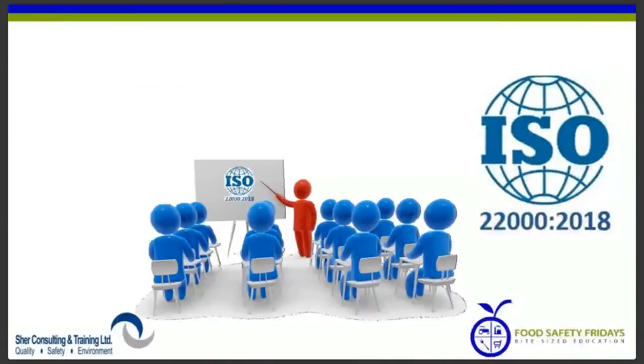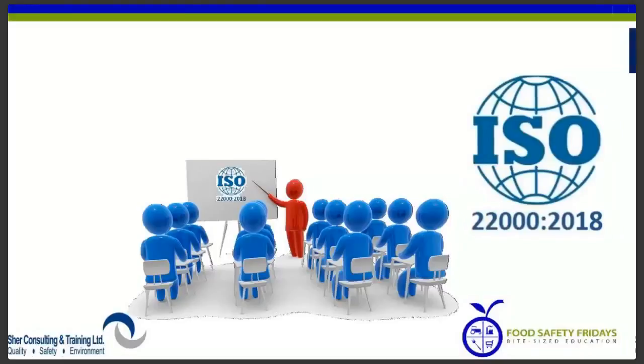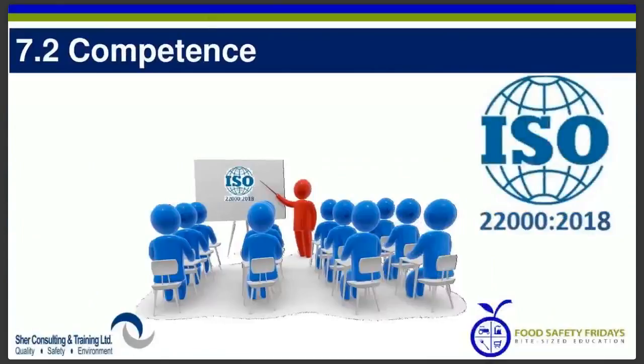Interestingly enough, if we look at the new ISO 22000 that was just released in June 2018, this new international standard for food safety management systems has been revised from its 2005 edition, and it has now been aligned with the new ISO 9001 that was published in 2015. Its new high-level structure has a specific clause within clause 7, which is what we call support or resources, called competence. And competence is what we talk about when we talk about training.